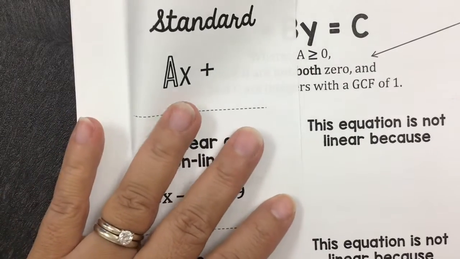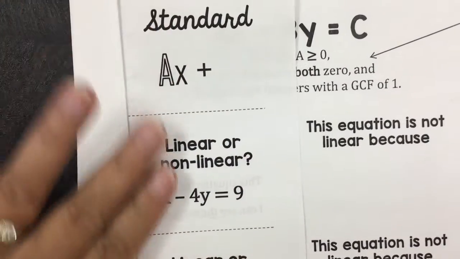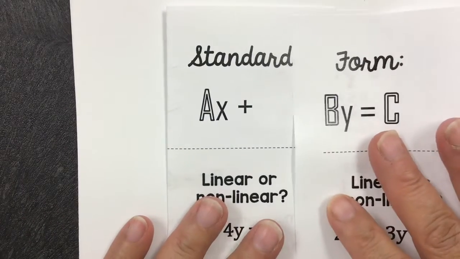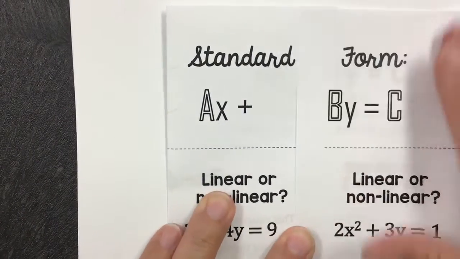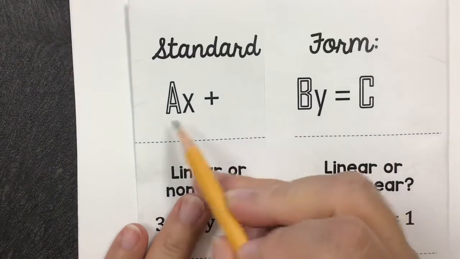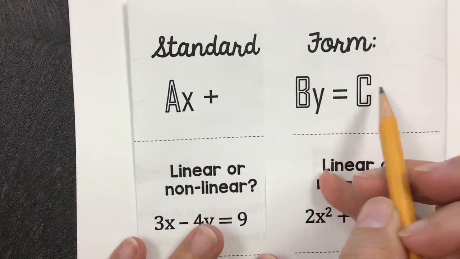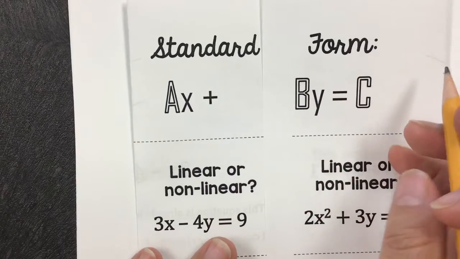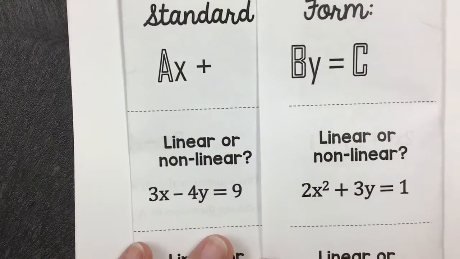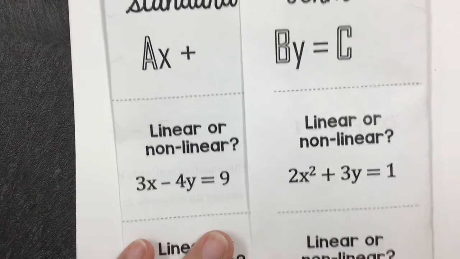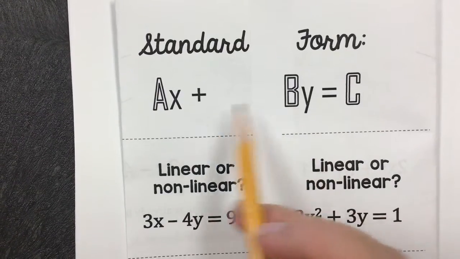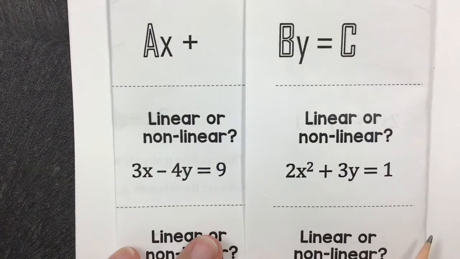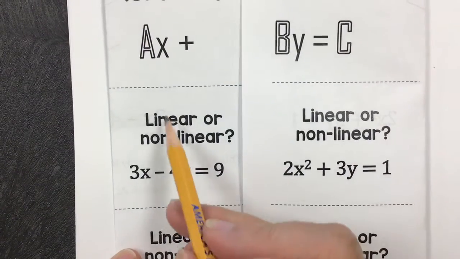So what I want you to do is go ahead and fold it over this way. And we have the standard form of the equation at the very front. The equation says ax plus by is equal to c, where a and b and c have to be whole numbers. And what we're looking at here is whether it's linear or not. This is the standard form of a line, so we're looking for a pattern that looks like this. This one would be linear,